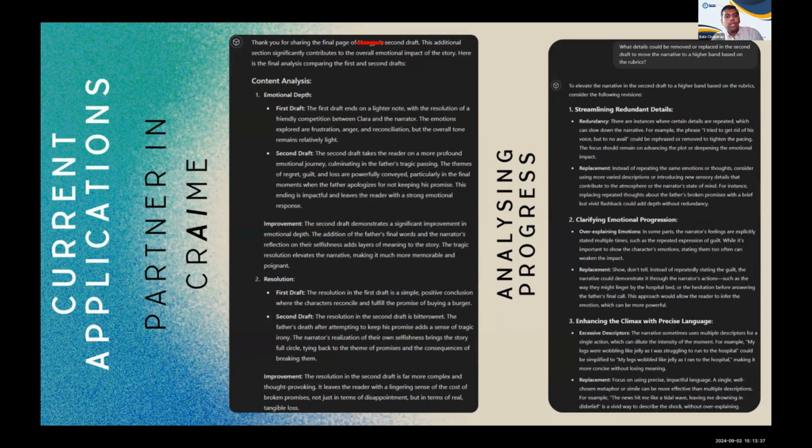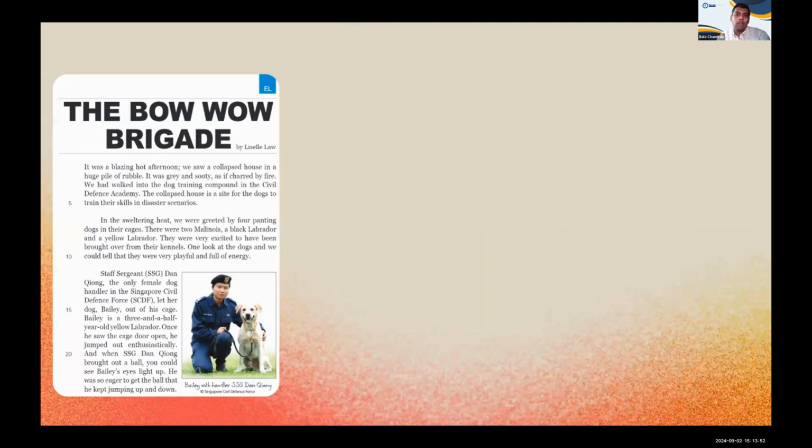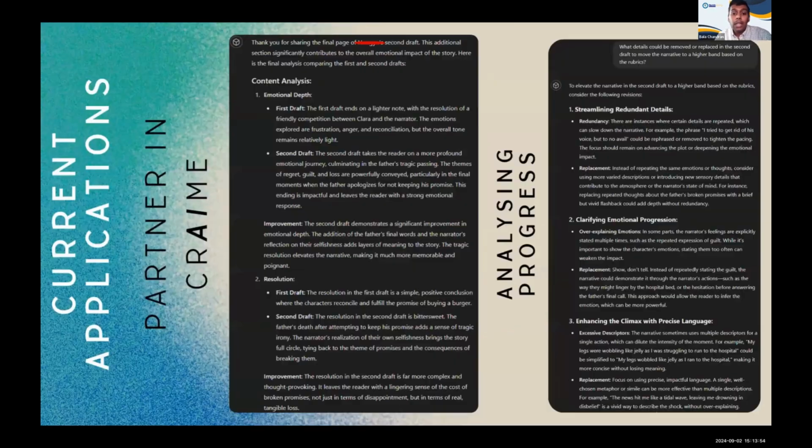Then I can see whether the child was able to take up my feedback effectively and make relevant changes. Of course, not everything that the GPT says I will take at face value, because, okay, I'll go into that later. But it does help me see whether there is progress.